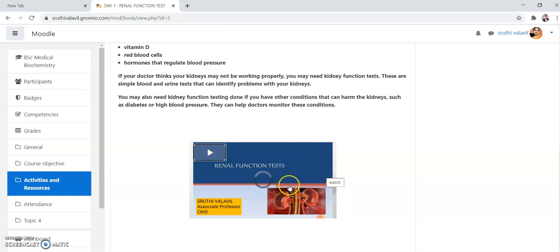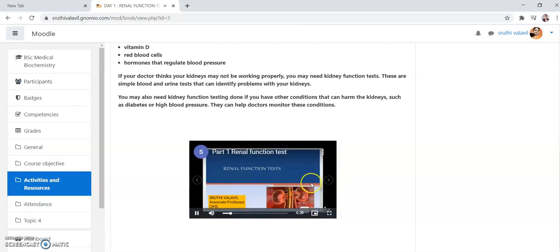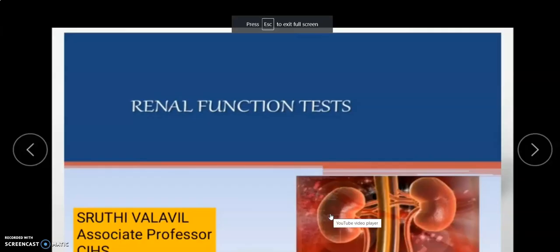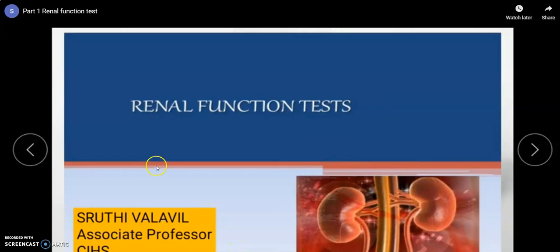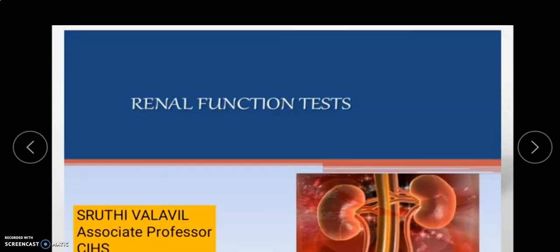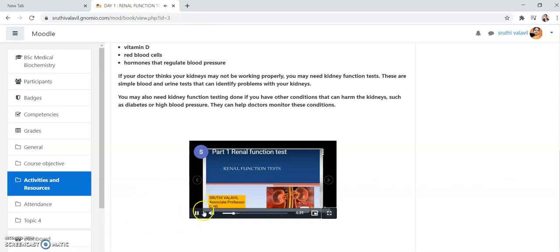It will take some time because my network is very poor here. You can keep it in full screen by clicking the full screen option here. After listening to this tutorial session, you can press the escape button to minimize it and click stop. This is how you are going to play your tutorial session.